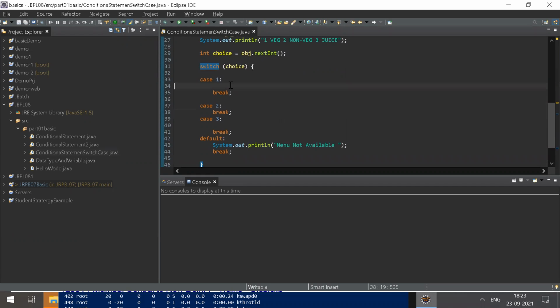For the first case I want to write System.out.println veg menu. Sorry, some people are pure veg, but I still have to write some non-veg names, so don't mind.